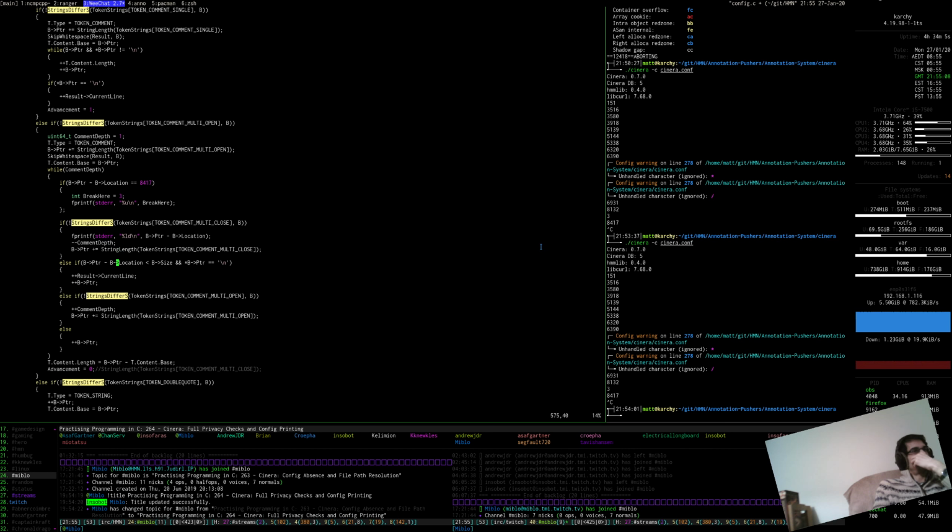Otherwise, if with this and the pointer is that, increment the current line and increment that. Otherwise, if it's this, we increment the comment depth and move this along. Otherwise, we do this. Yeah, I really need a way to see what's actually going on, like which